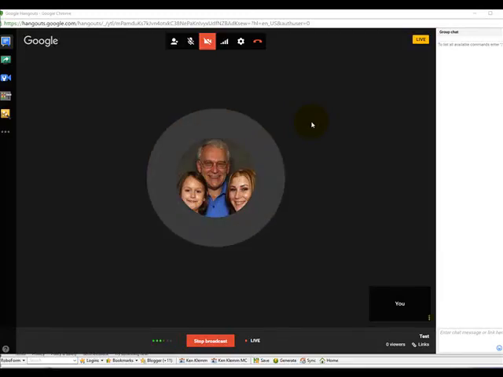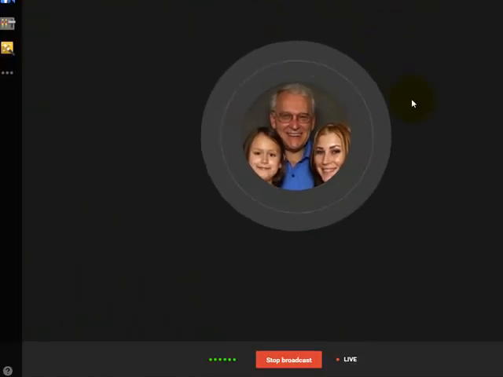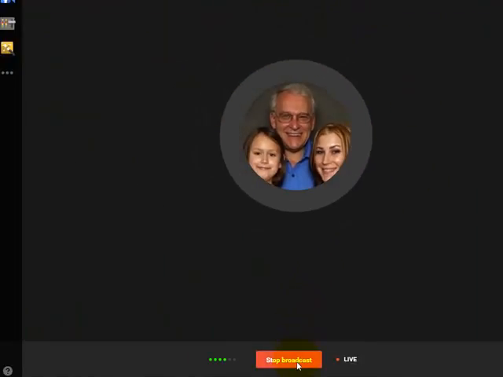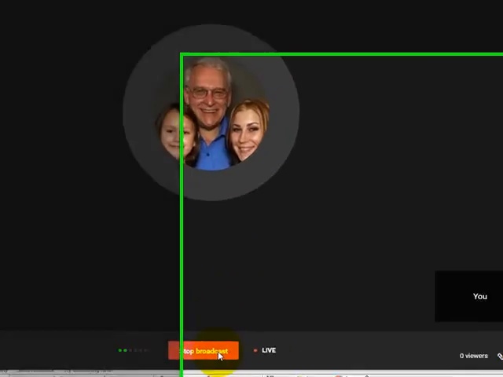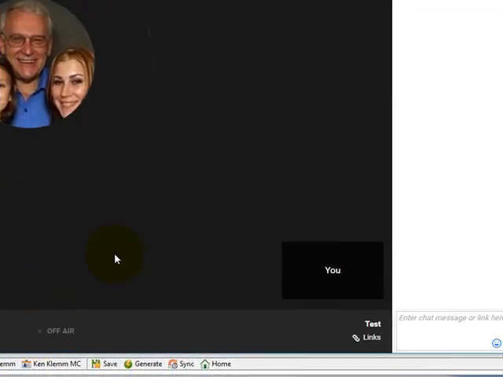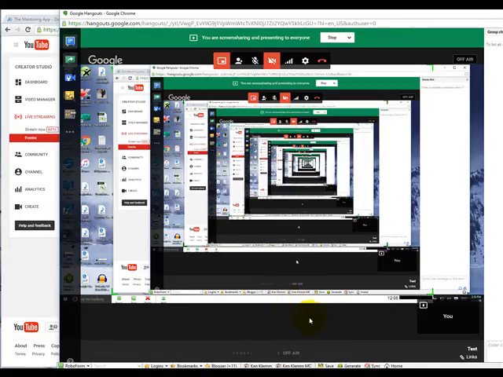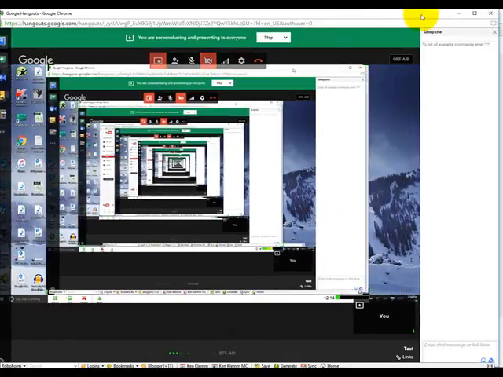Now, when we're ready to stop our broadcast, we just come back here to the Google Hangouts control panel, and down the bottom here, click this red box that says Stop Broadcast. You can see now we're off air. And so once we click the red stop button and stop the broadcast, we can close down this control panel,